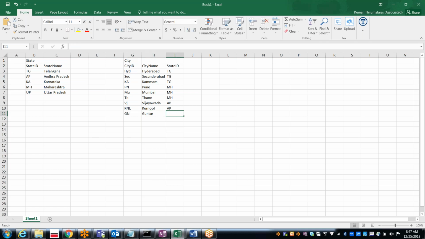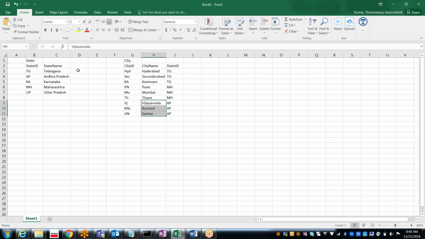In the states drop down, whenever I select Andhra Pradesh, what is the state ID? AP. So for this particular AP, what are the cities available? These three. So it has to populate these three values into the city drop down.